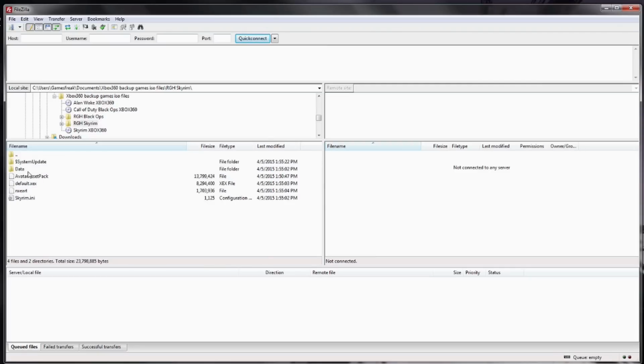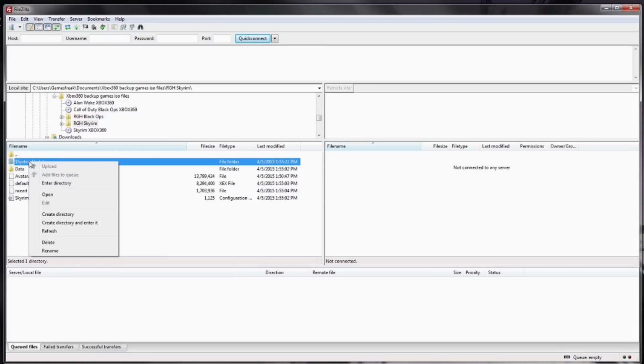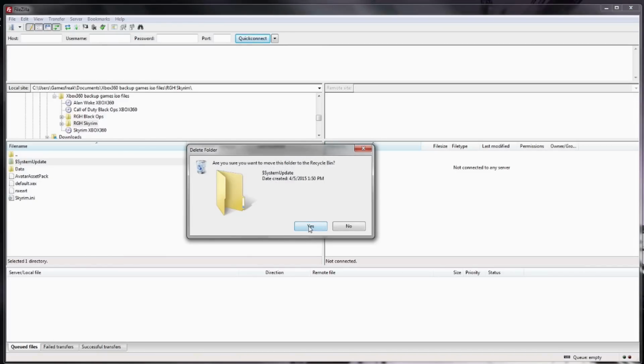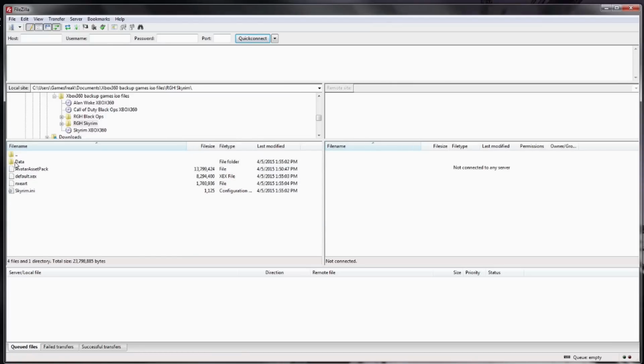to my Xbox. By the way, what I forgot to tell you, I always delete the system update. You can do it in the FTP program like I'm doing right now, or after it's done extracting, you can also delete the system update. You don't really need it, and it's also just a safety measurement. So okay, RGH Skyrim, we're going to transfer it now to this side where the Xbox is going to be